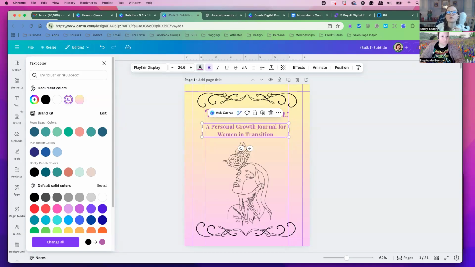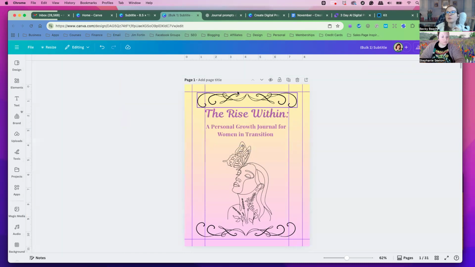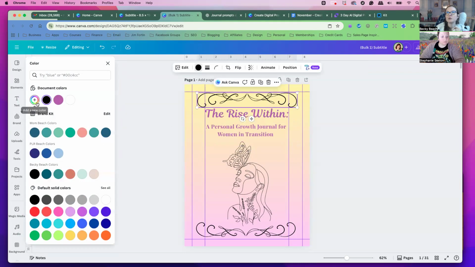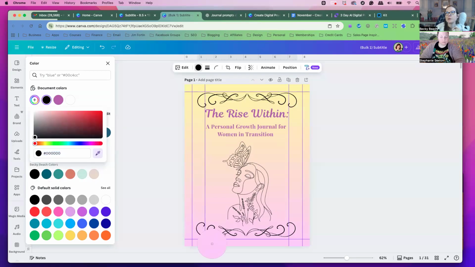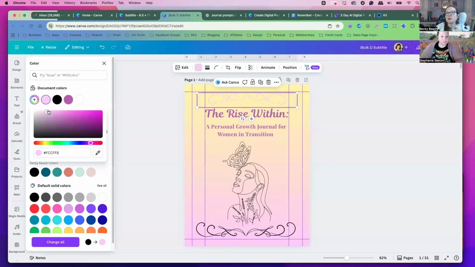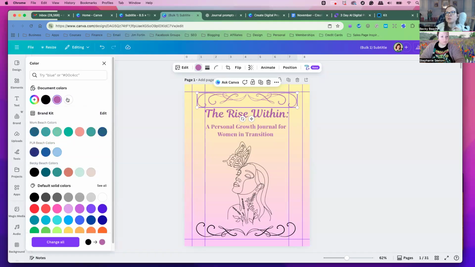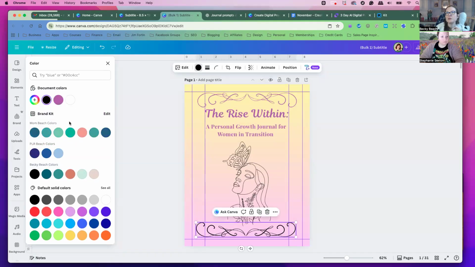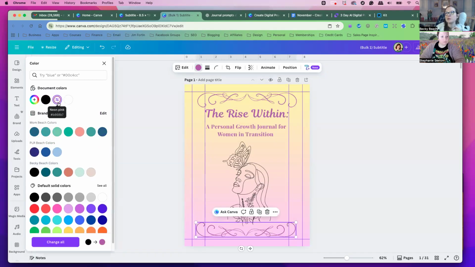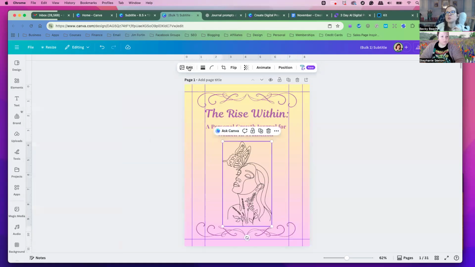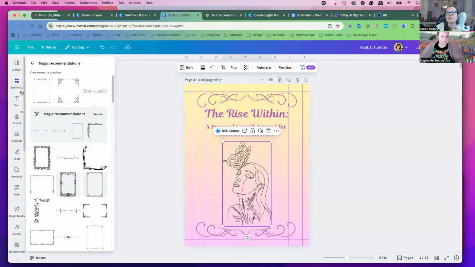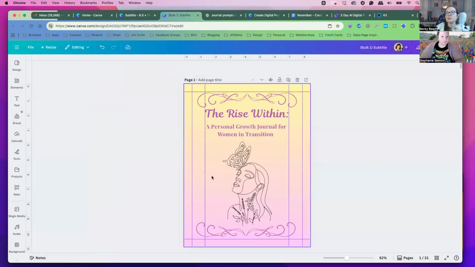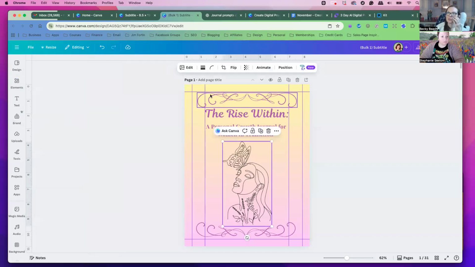Okay, we got some more coming in. And we can also color this. I think I'll color that like that pink, maybe just make it purple too. And then this, I think that could also do it. And then this one, maybe just have it all blend together and match. I think that might look good. Do you think it looks better than just black?